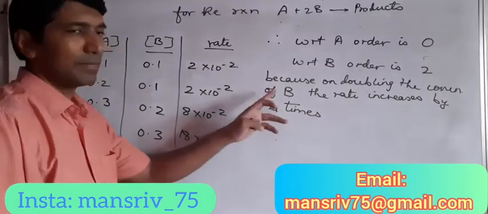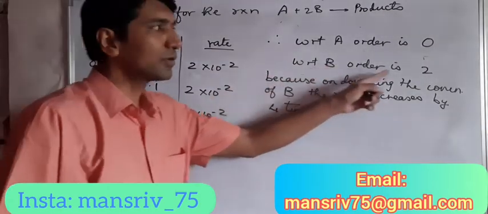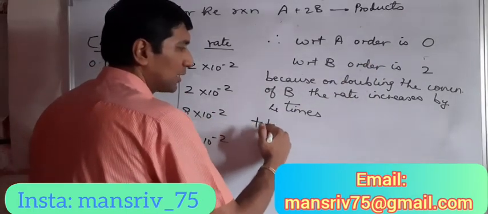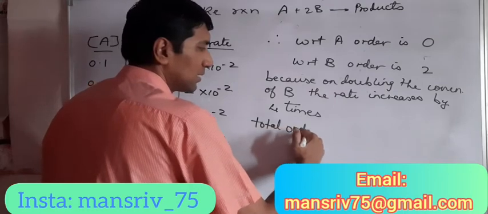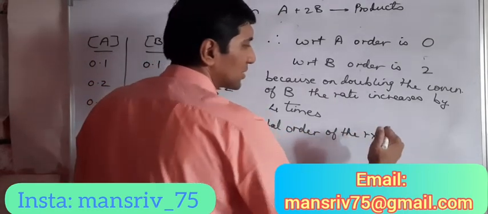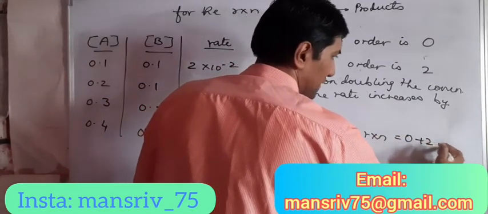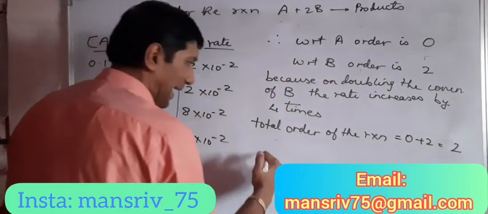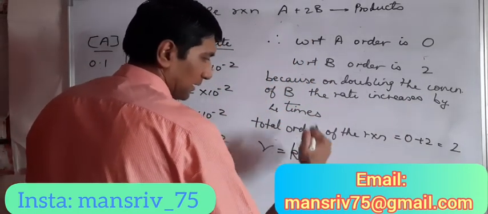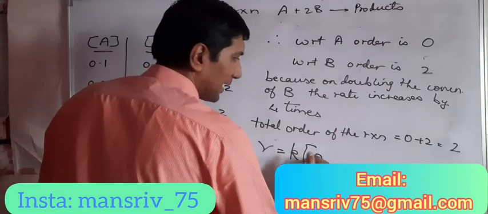So if we are doubling the concentration of B, the rate is increasing by 4 times, so therefore the order will be 2. Now, total order of the reaction is equal to 0 plus 2, which is equal to 2, and the rate law for this particular reaction will be written as R is equal to K, A